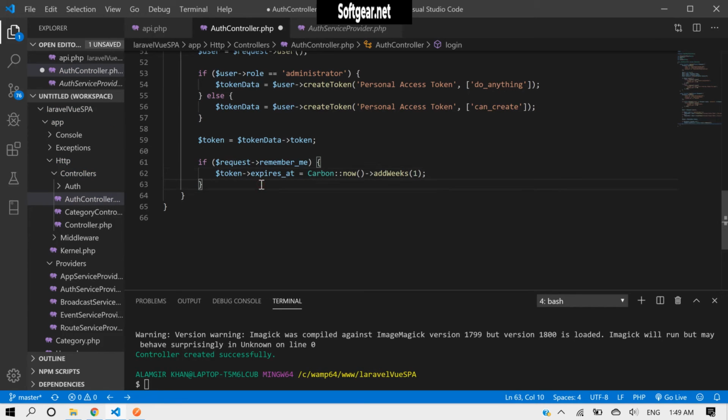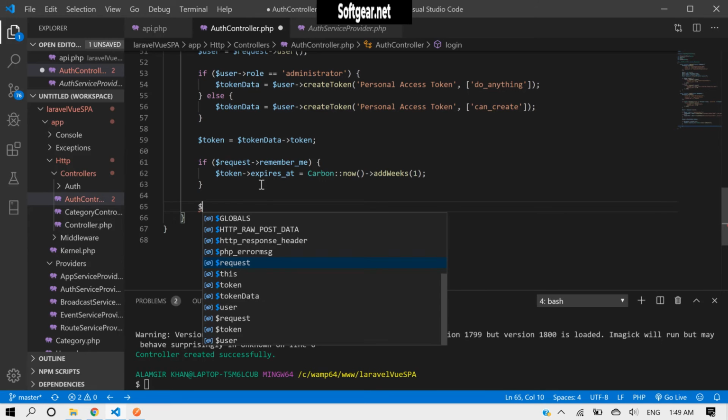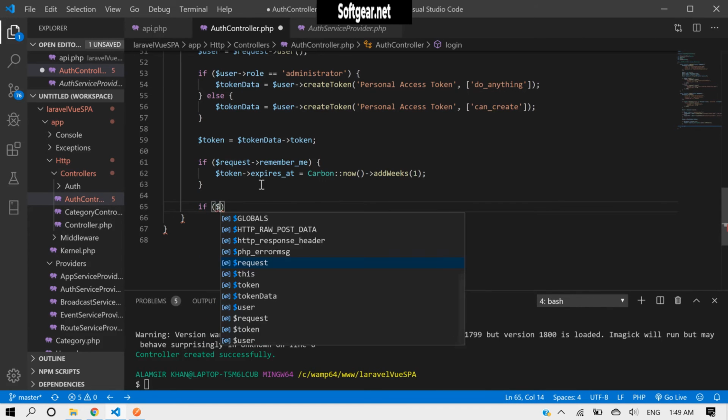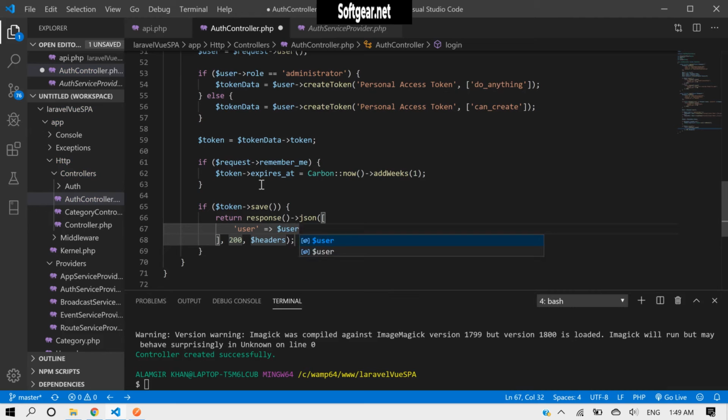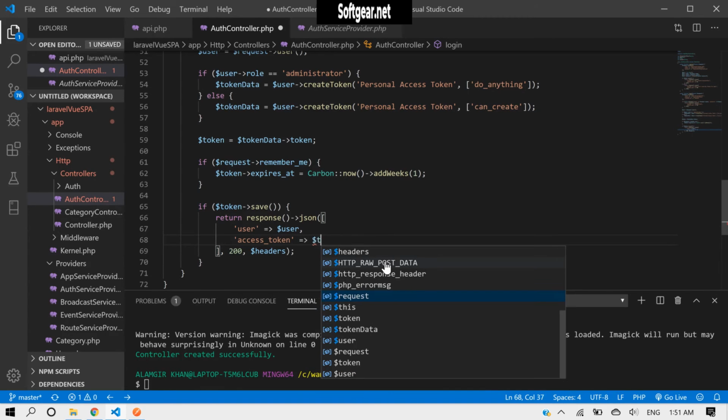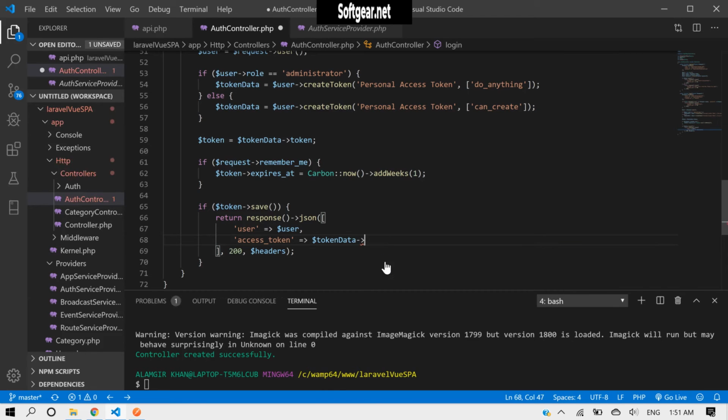Okay, and if this is done, then we have to have completion token save, and if the token is saved successfully, and here we will need many things, like it will be an array, and we need a user, and we need access token, and we can get it from token data, and then access token,